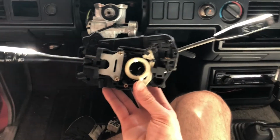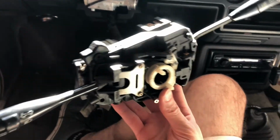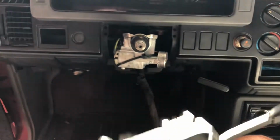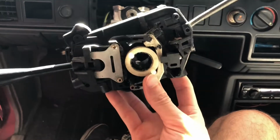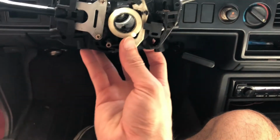So now if you have your new unit that you're going to put on, basically we just need to do the exact same process we did before. We're going to make sure all our plugs are nice and tight on the back. We'll put it back on here, and then we'll make sure we tighten up our steering wheel, starting by the center nut and then going around to the other screws. So let's go ahead and put this back on,